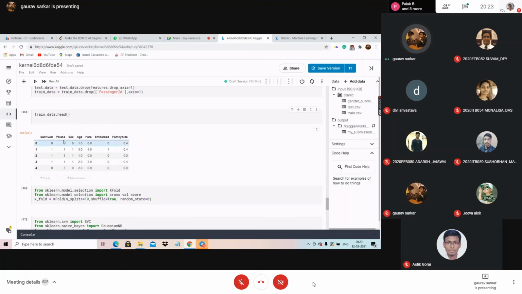But yeah, it's not the actual one. The actual CSV file contained a lot of garbage values. There was some data missing, there was some cleaning to be done, there was some mapping to be done. All those things were missing. So I cleaned the data. Finally, this is the clean data.